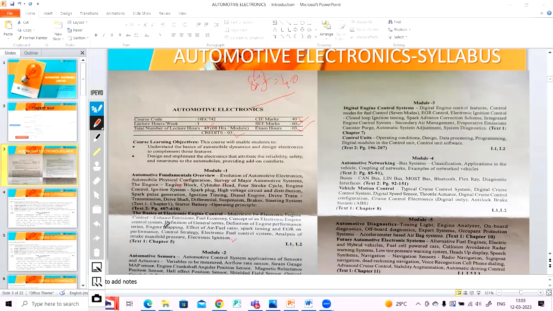So all of this we are going to see to gain knowledge about engine control using electronics. This module 1 contains two subparts: one is the fundamentals overview, and the other is the basics of electronic engine control. And in module 2, as I told,